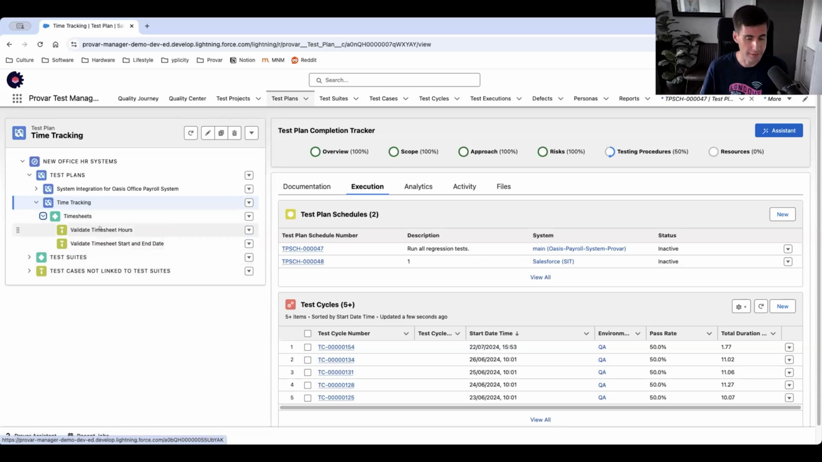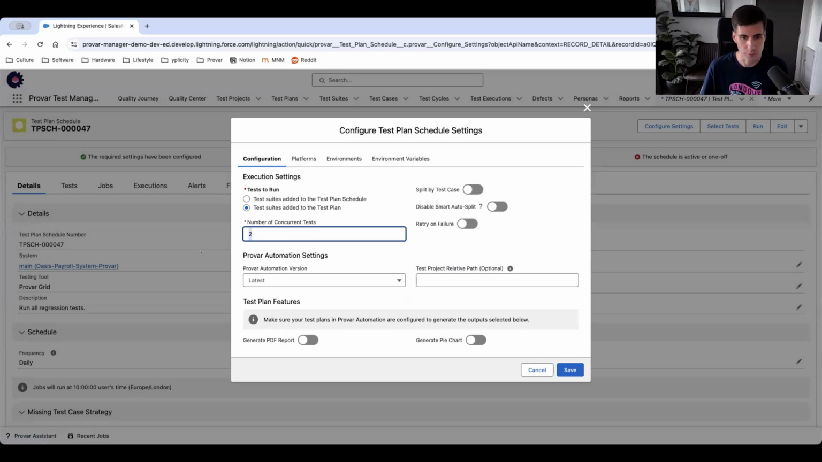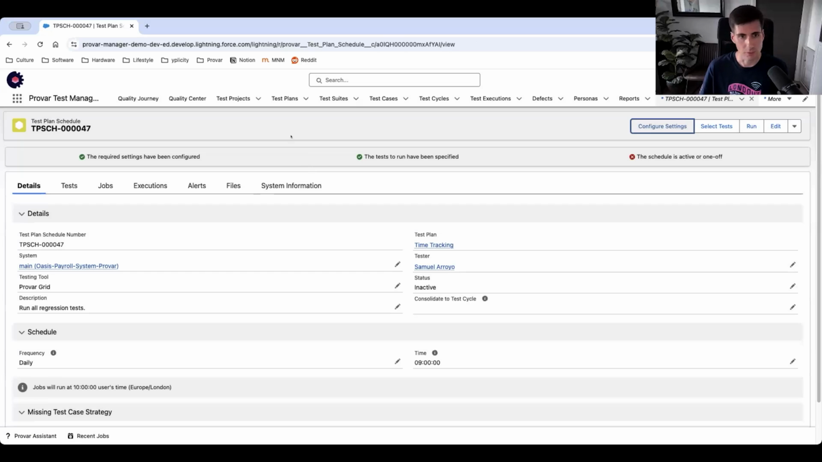Those 4 different executions will be split into 2 different processes. And because we're splitting now by test case, we are able to run it faster. Yeah, I think that's all I wanted to share for